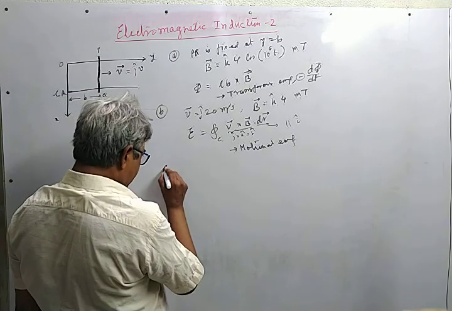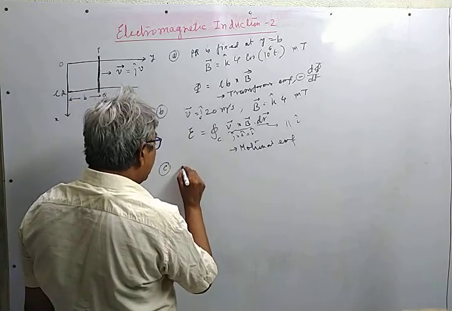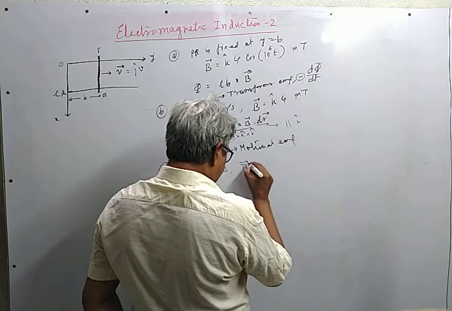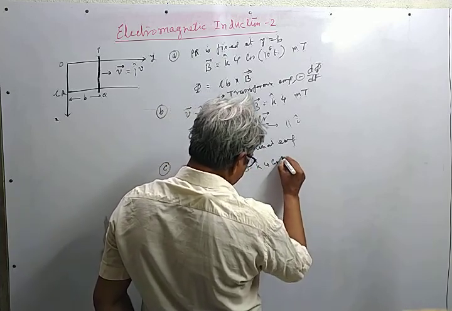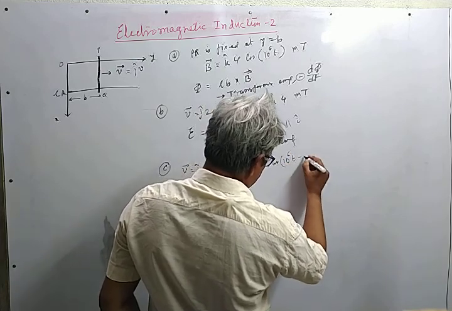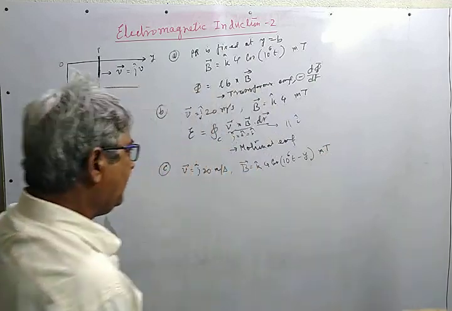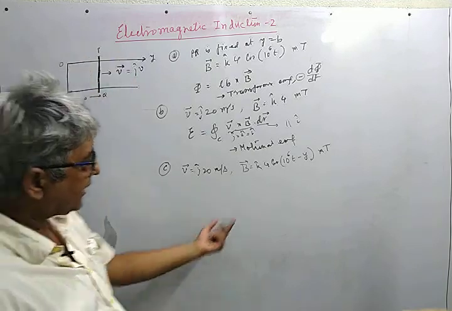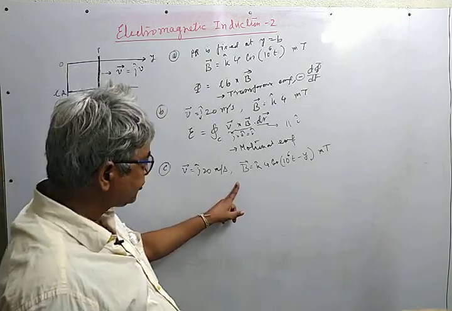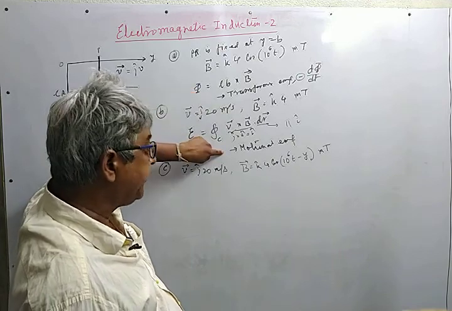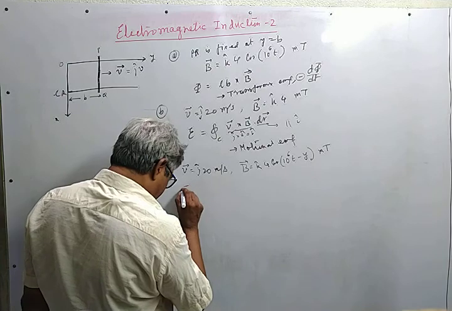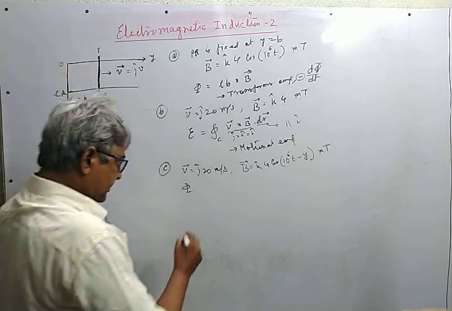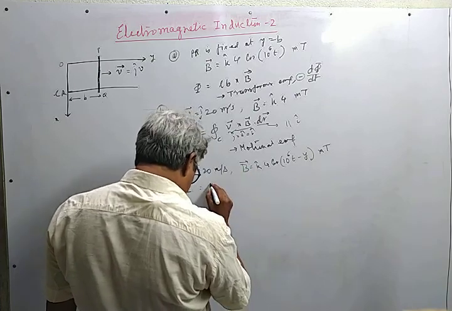And the third situation is that PQ is moving with a velocity, say again 20 meter per second, and B is again in millitesla. In this case, the conducting rod is moving, and the magnetic field is also time dependent. So it is the most general case, when both of these two will be operative, and the flux can be obtained. The flux linked d phi: this much is fixed and this is variable, so the flux is obtained by